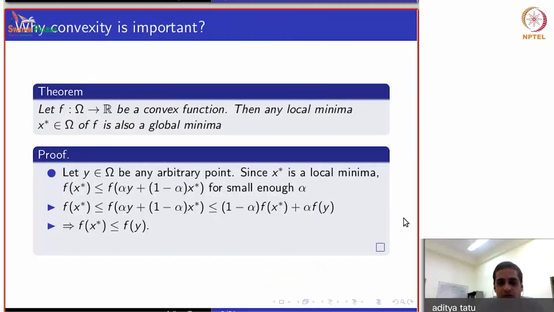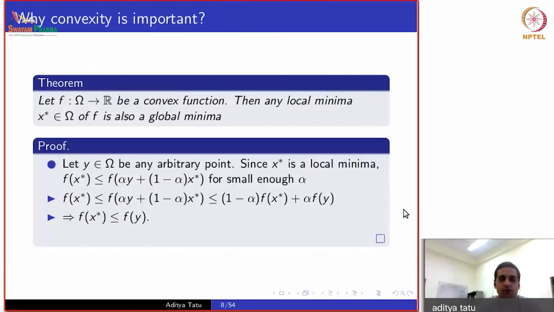Okay, now why is this important for optimization? Importance is basically due to this theorem. Let us say your objective function that you're trying to minimize is a convex function. Then any local minima, let's call it x star of f, is also a global minima. So we need not worry about